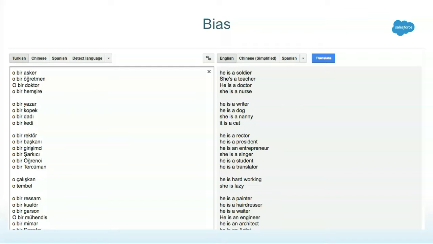And to make it even more extreme, it also can result in things such as he is hardworking, but she is lazy. And again, to reiterate, in the original Turkish, no such distinction was being made. It doesn't talk at all about he or she. But because there's bias in the data that we provided machine learning with, it picks up this bias, and to make it worse, it even exacerbates it because it's really good at picking it up.